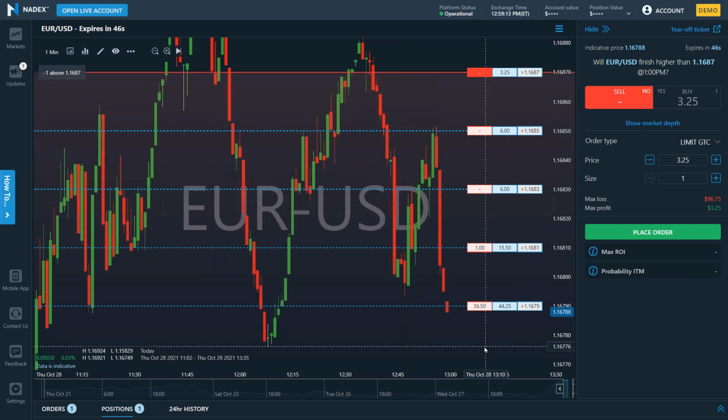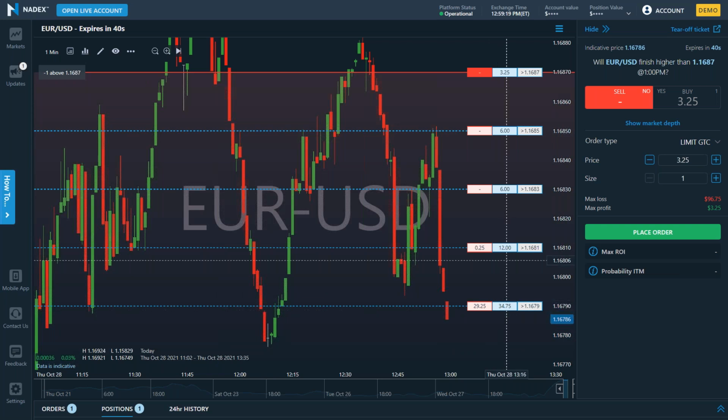Now, what you are going to see is when there's about 20 to 30 seconds left, the prices will all go blank. And the reason they go blank is because in that last 20 or 30 seconds, no one wants to necessarily put a price out there that they're willing to trade on. Of course, this price won't move because I put it out there. And again, we're in a demo environment.